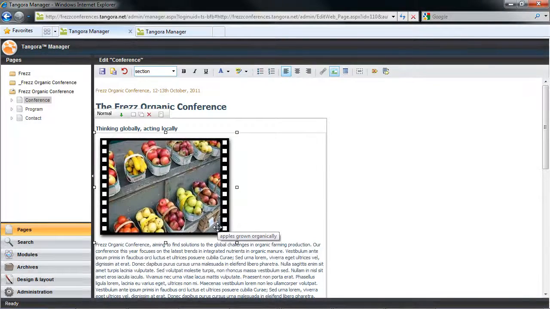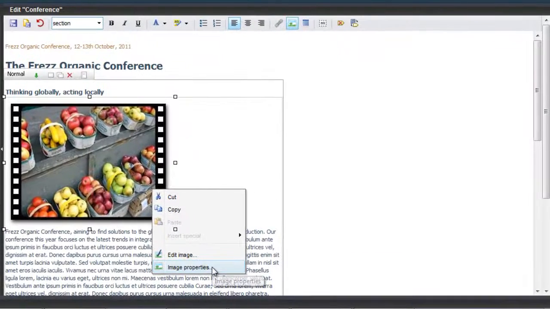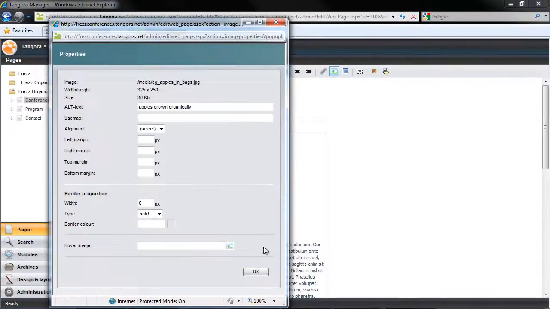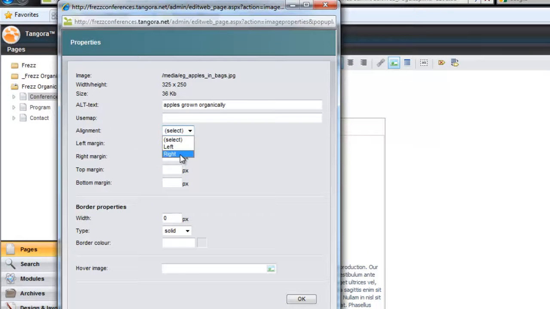We could make our text flow around the image, and we could add a so-called alt text, which is an important text-based alter ego, or we can maybe add a border or a hover image. So let's take a look at our image properties then. Now I could get my text to flow around my image, among other things, if that's what I wanted to do, by right-clicking on the image and choosing Image Properties. And then I'll just skip down to Alignment and choose Right, and possibly add a margin here.